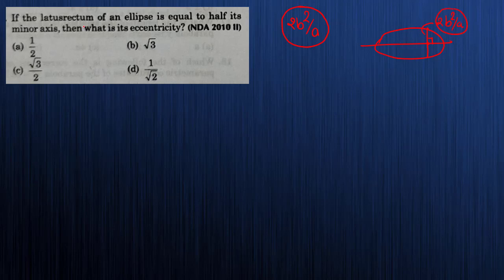So क्या बोल रहे हैं वो? Length of latus rectum of an ellipse is equal to half its minor axis. Now what is minor axis? This is my minor axis, and what is its length? It is 2b. Okay, so it is 2b square by a. This is equals to half, it is 1 by 2. Minor axis is nothing but 2 into b. See, length of latus rectum is half of its minor axis. So ये 2 cancel हो गया, and ये एक b cancel हो गया.